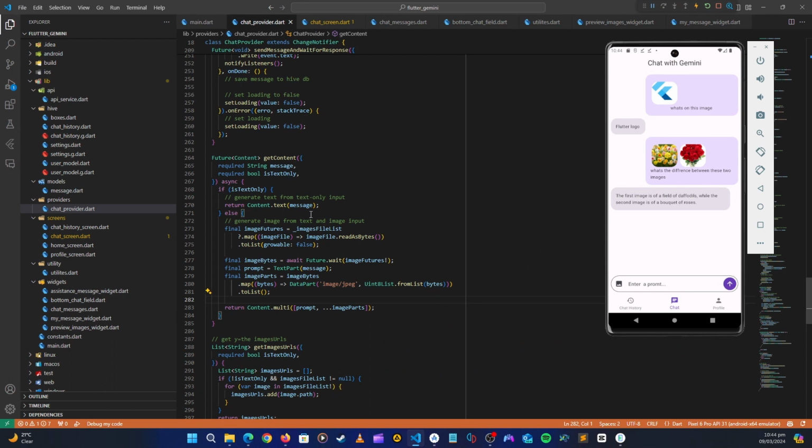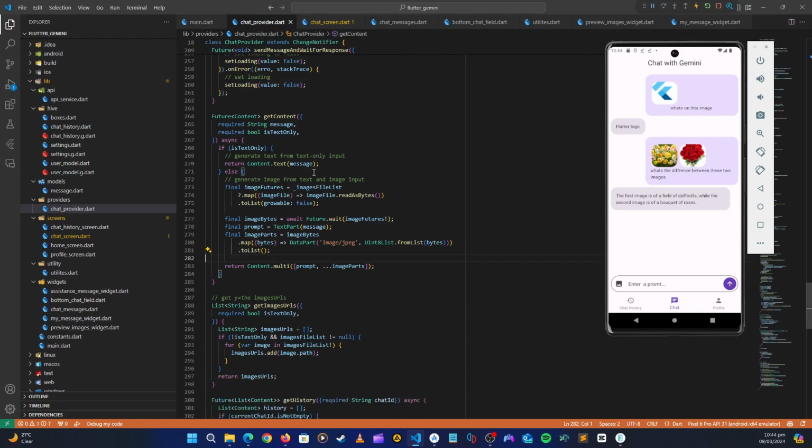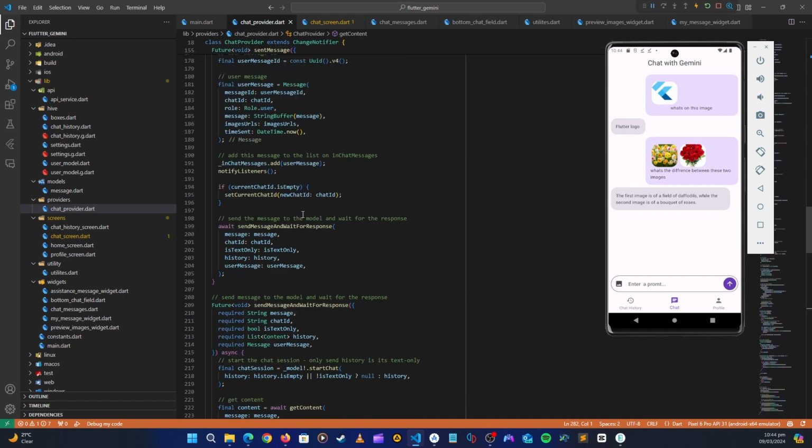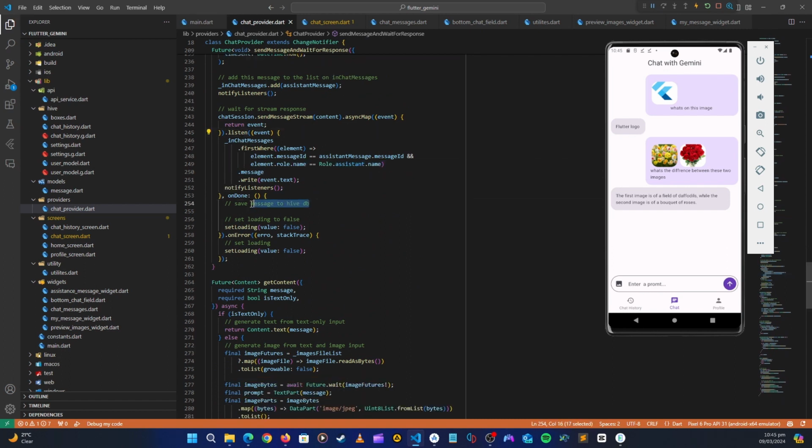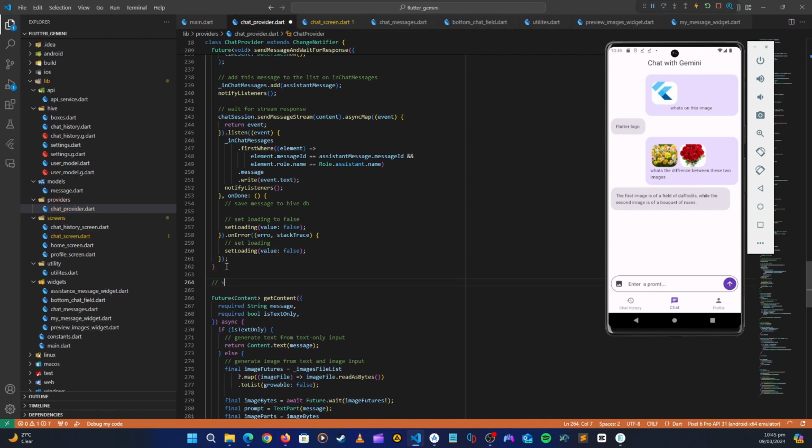To do that, we need to come to the chat provider here, and go where we said we must save. Inside here, after it has run this, it has listened. Here we need to save the message to the Hive database. Let's create that method. It's going to be a future method. Let's not make it a void method. Save messages to Hive